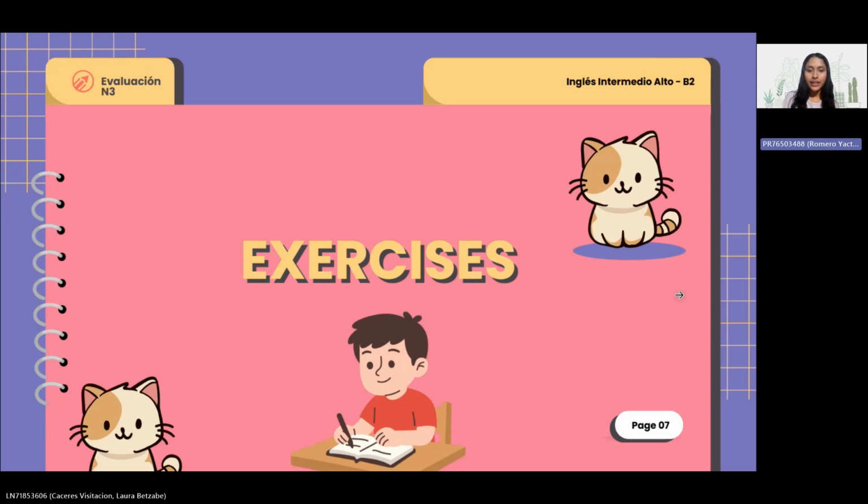Exercises. In this part, we practice. Exercises help you understand how to use direct speech correctly. Through these activities, we learn how to use quotation marks, use colons, and write the exact words from persons. Practice is very important to improve your English skills. Next,